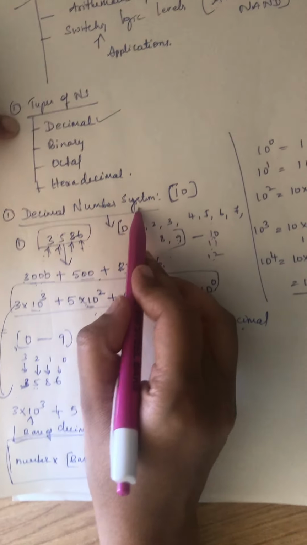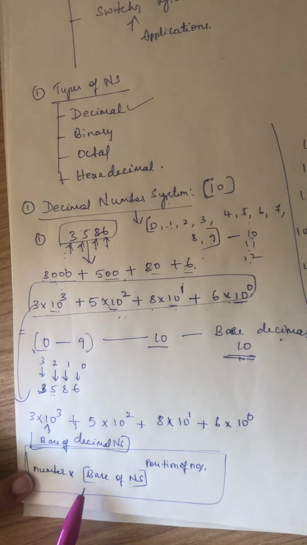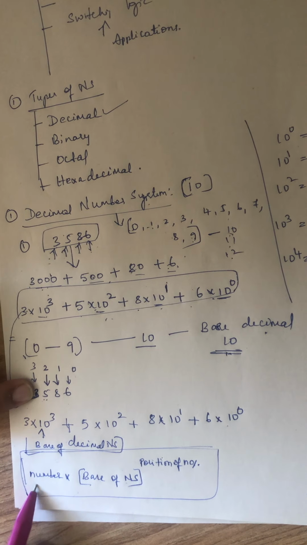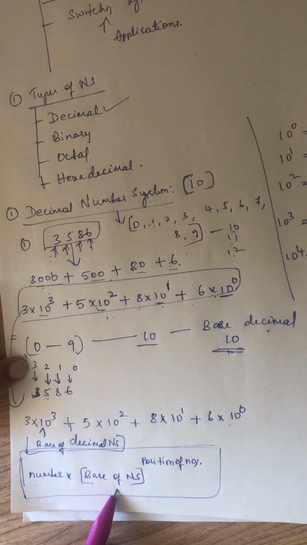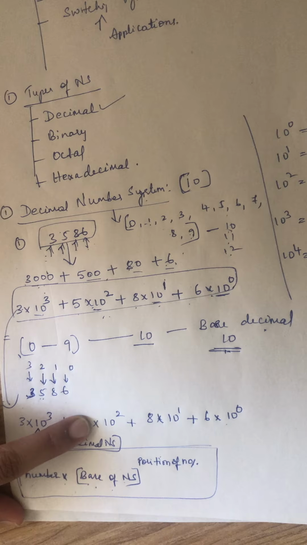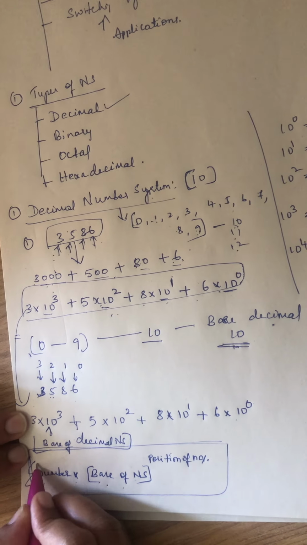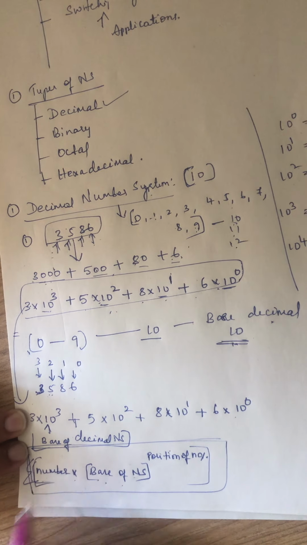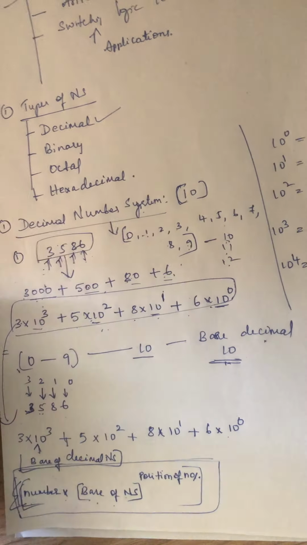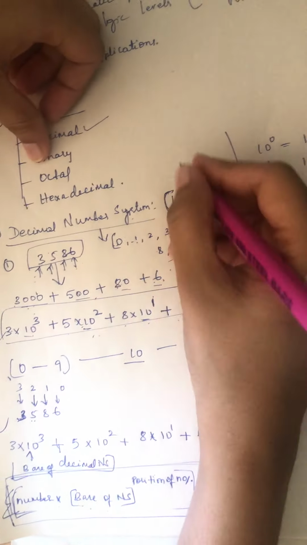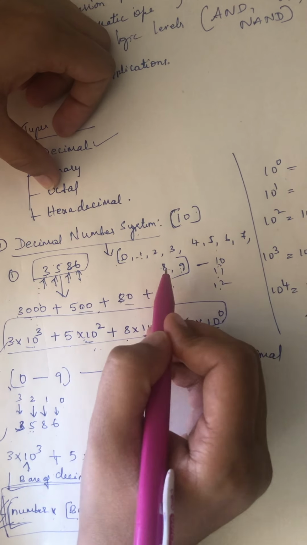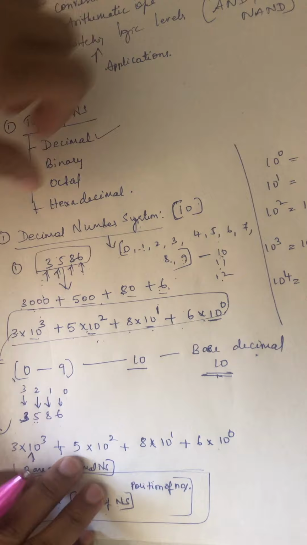So here I have taken the number system as decimal, so the base is 10 to the power of its position. So 3 into base 10, 10 power 3, plus 5 into base 10, 10 power 3. So this will be the algebraic sum of all the numbers given in the group of any number system. This we are talking about the decimal number system. So decimal will have base of 10 and the total numbers will be from 0 to 9. This you have to remember.